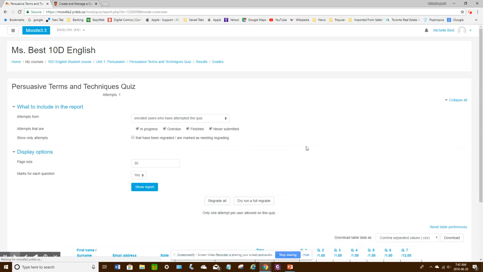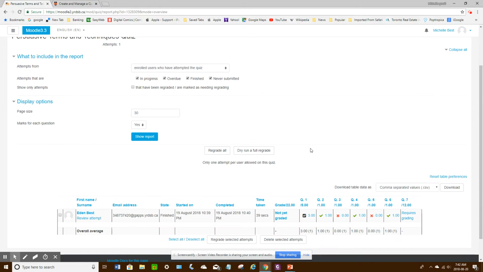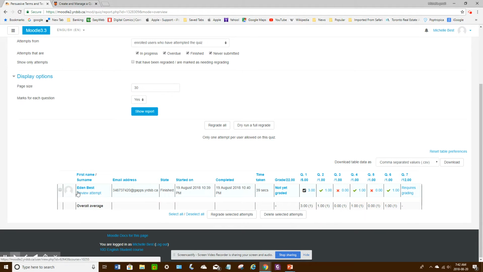I click on attempts. And now if I scroll down, I'll see my student's name, their email address, the state of the test, it's finished. This is a great feature because while the students are doing the test, you can see them. It'll say working on or that kind of thing. And you can see when they've started it and when they've finished it. Started on the date and time, completed on the date and time, how long it took them to take it,